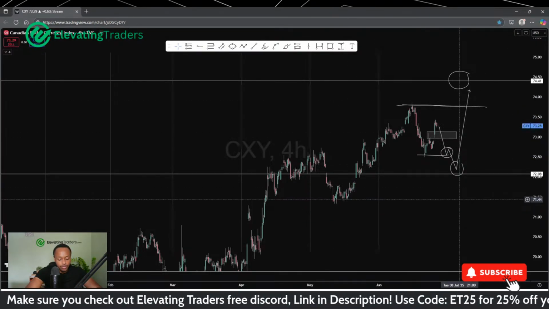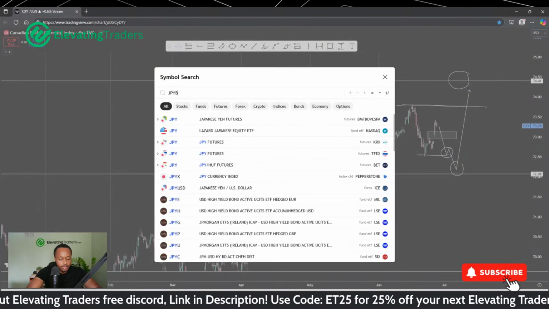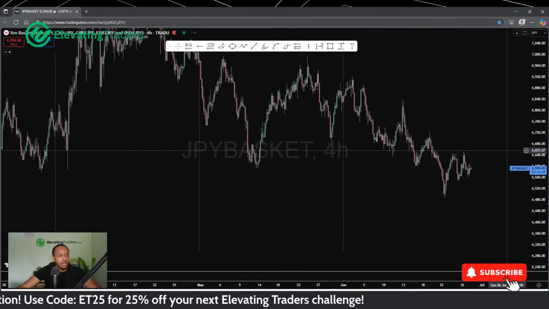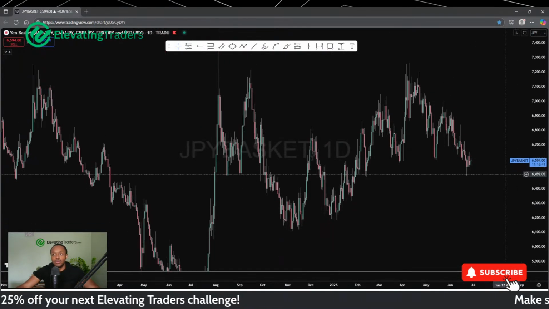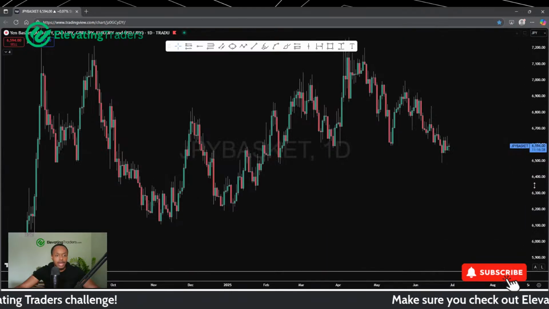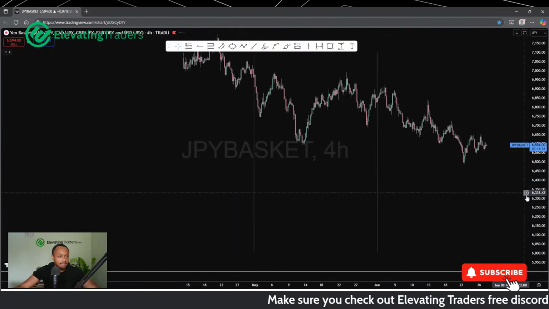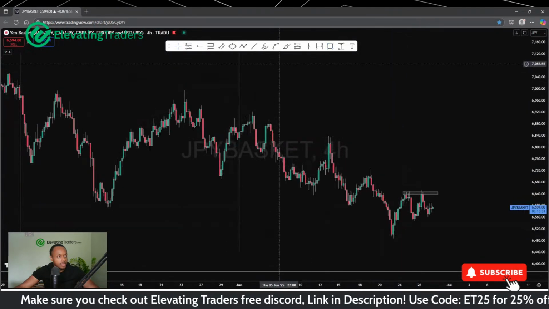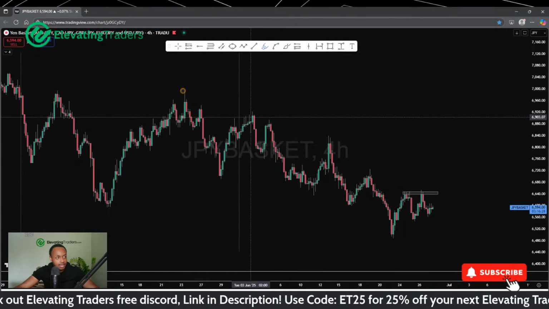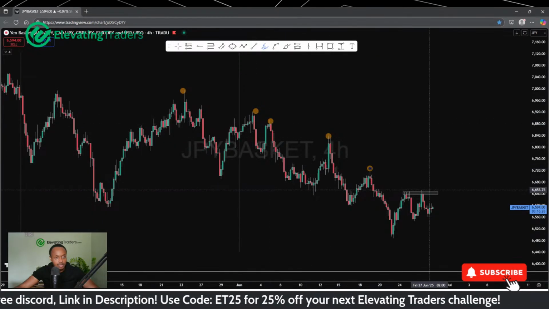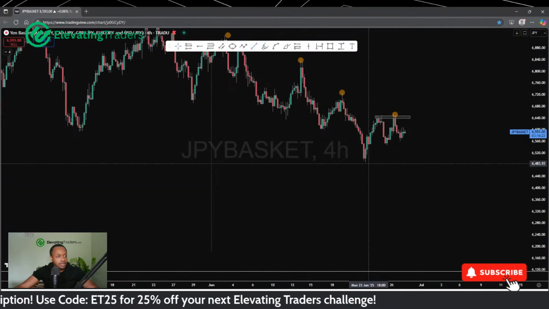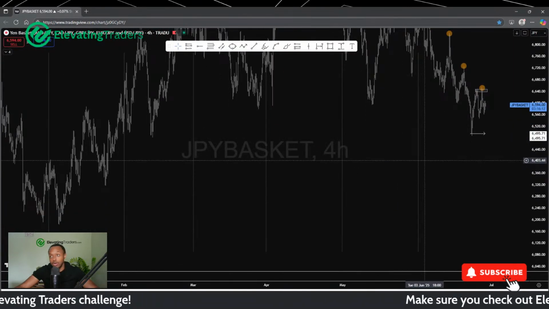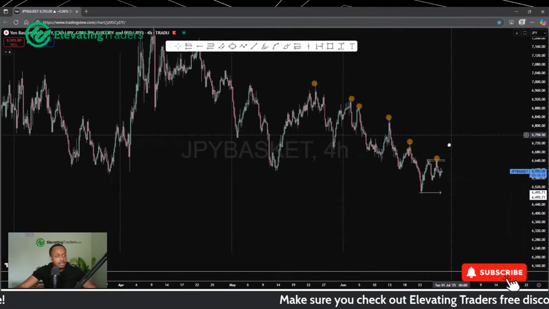So in terms of the rest of the yen pairs, let me take a quick look at the basket first. The yen to me still looks relatively weak, so I would naturally be expecting more downside here. I'm not seeing any major signs of reversal. We respected resistance pretty well yesterday. The lower highs are still very much intact and holding together. So if that's the case, then we're likely to keep falling. Of course, the next target would be the prior low here at 64.95, and expecting some new lows beyond that as well. But yeah, the yen to me is still looking pretty weak.